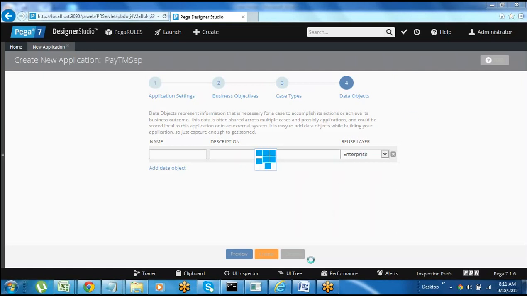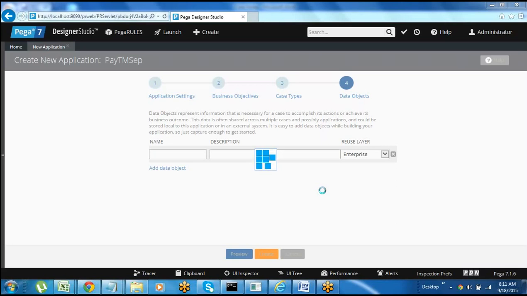Now in the backend it is going to generate different types of classes in Pega, like framework class, implementation class, and work classes. Pega has a concept called class. I will tell you about all those things later. But don't worry, manually you will not create anything in the application.